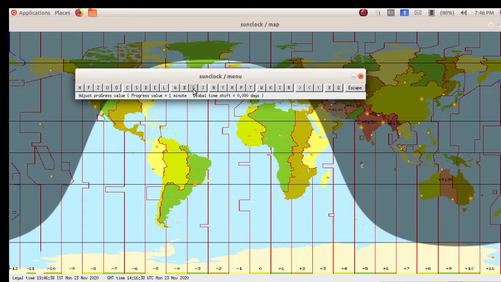Here you can see adjust progress value, then progress value equal to 1 minute. Now this is in 1 minute. And here you can see the date is 23rd November 2020. So we have to change it to 21st March.